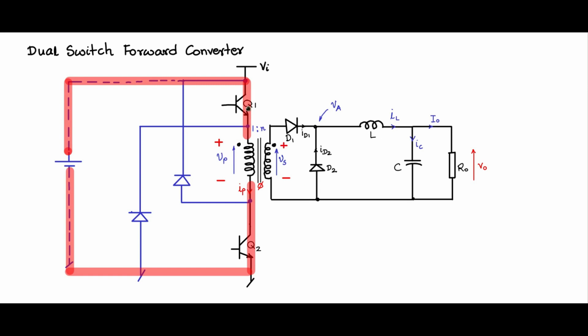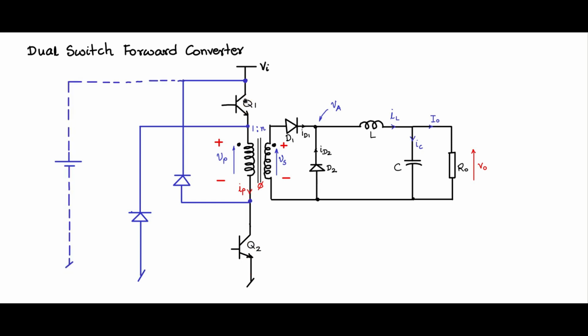Now what happens when you switch off Q1 and Q2? When you switch off Q1 and Q2, there is a cut in the primary current, meaning the primary current is cut off to 0, but we cannot allow cut off to 0. There will be a reversal of polarity. So first these polarities will reverse because of the minus di by dt, and there has to be a path for the IP current to flow in the same direction in the coil. So let us start from here.